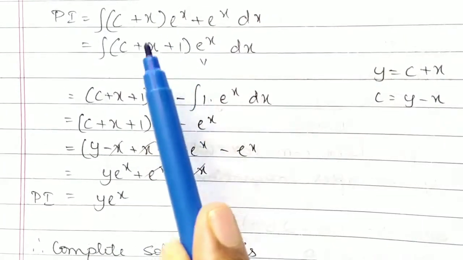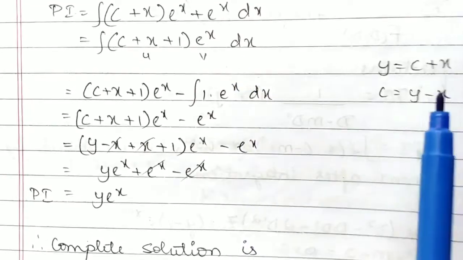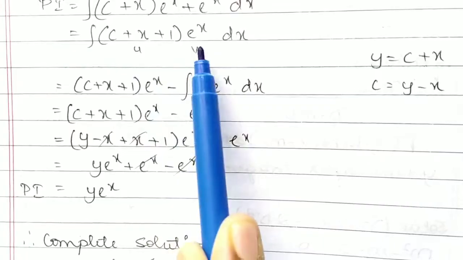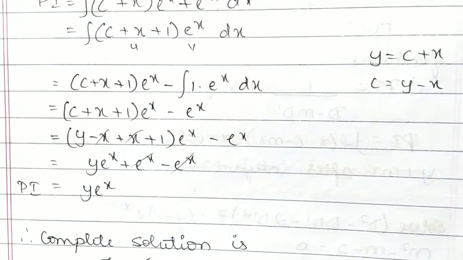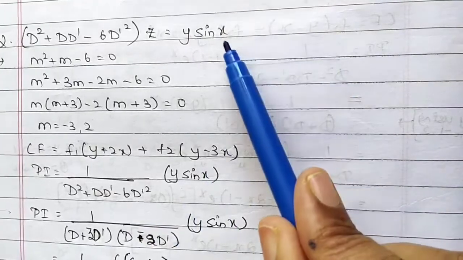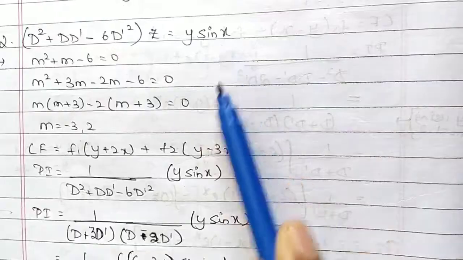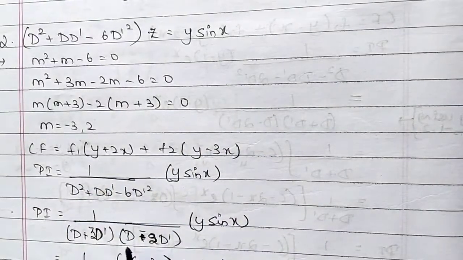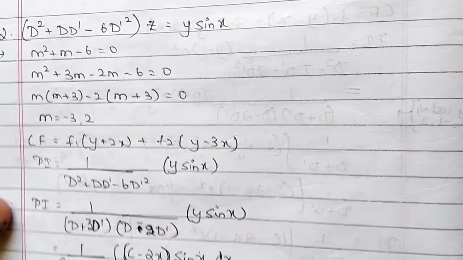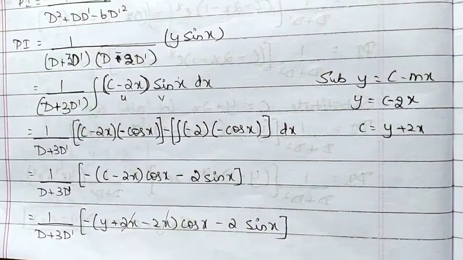Again if you continue, the remaining is this one. Once you integrate, if you apply another root, again you have to integrate with the u into v formula, and you will get the particular integral. One more question I have already solved here. It's a trigonometric function with algebraic combinations. Then you go through it and split into factors. By seeing these factors, you write these two and apply your formula, y minus, and integrate it. It's already solved; you go through it.